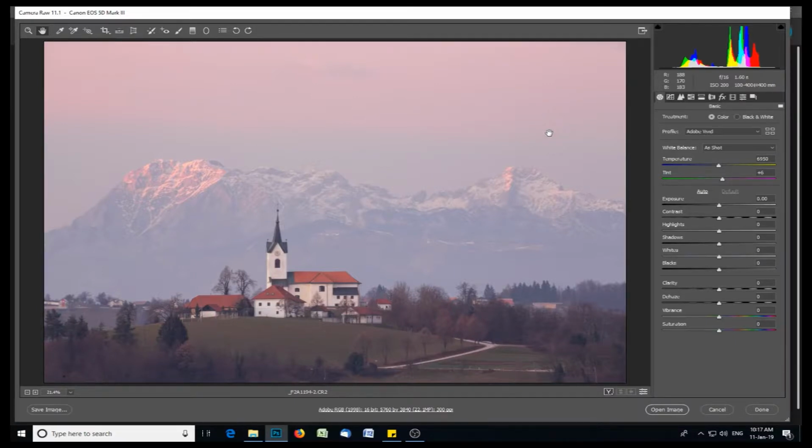Now, it's a great view. The mountains behind are the Kamnik Alps. They are the easternmost extremity of the European Alps, and obviously they look quite close, but they're actually very far off to the north. That's the magic of using a telephoto lens. You can see up here in the corner I shot this image at 400mm focal length. So I've compressed the scene and given the illusion that the mountains are sitting right behind the church itself, when